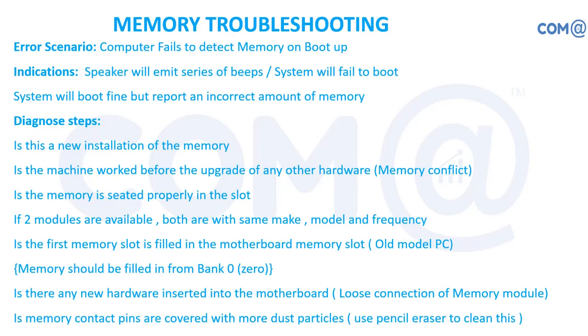Otherwise, after buying the system, if you want to upgrade the memory, what do you have to do? Open the system, remove the memory module, take the module to the shop and ask them to provide the same kind of module. Get it, come back, fix it in the system, close the system and power on. Go to BIOS and find out the current capacity, or load the operating system, go to My Computer, right click, go to Properties. You will see the memory space available, so you can understand whether the memory has increased or not, whatever you have added.